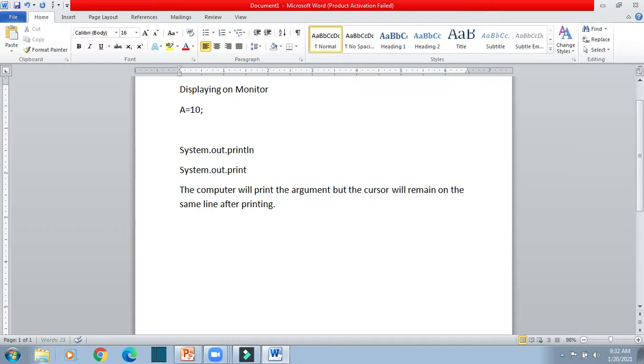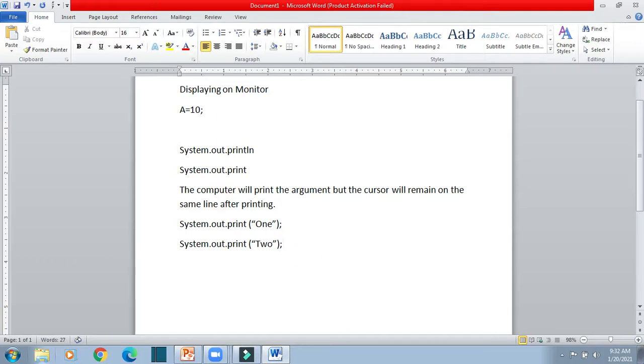For example, if we write System.out.print 1, and then again System.out.print 2, what will happen?